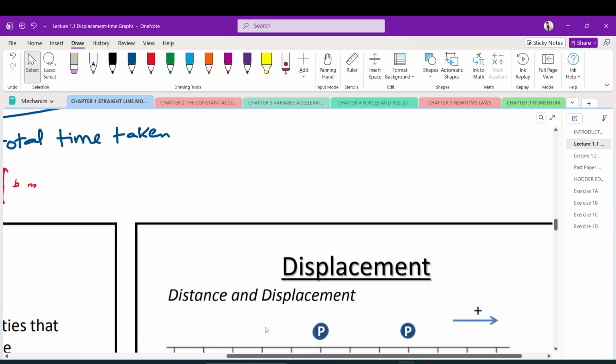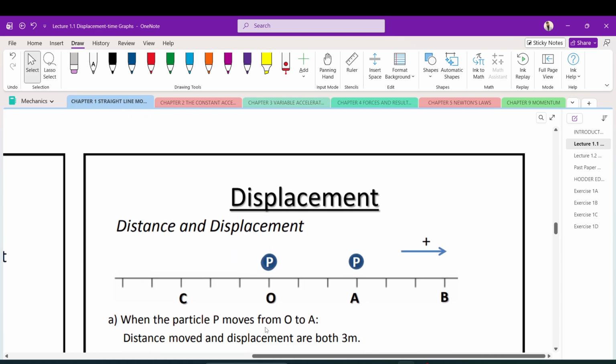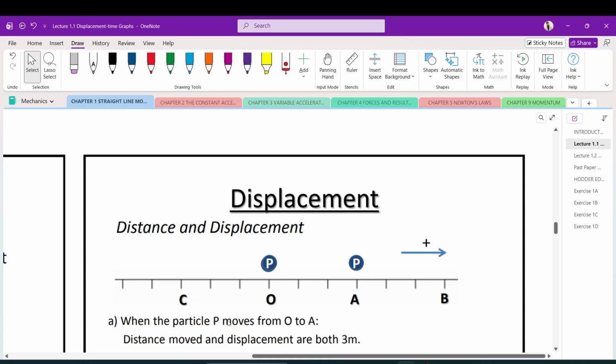So distance and displacement, if we look over here, it says that when the particle P moves from O to A. So let's say we have a particle, okay, and it starts at O and it moves towards A. Now displacement and distance, they both will be 3 meters, okay, because they are moving to the right, and the distance between O and A is 3 meters. Okay,